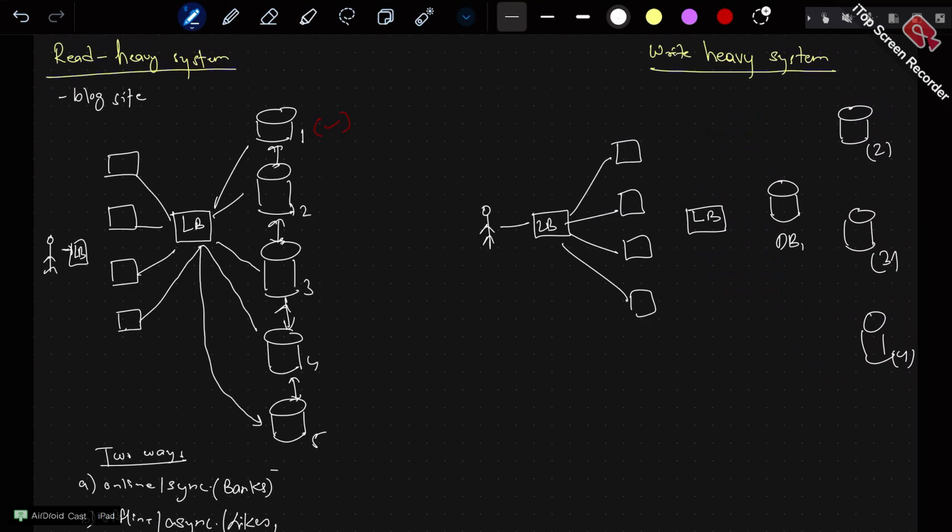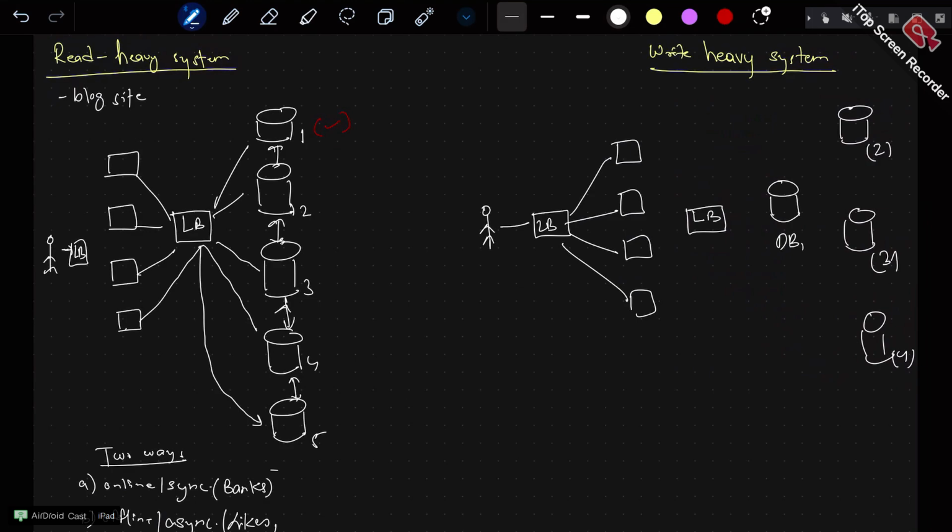If database 1 has the data, the request should always be routed to database 1 only. You cannot route to any other database, otherwise it would be a wastage of time. So that's the difference between stateful and stateless. It's a waste of time for the request, and a bad user experience. But in case of the application server, no such thing comes in. You can route to any application server, and the reason we do this is that horizontal scaling and infinite scaling can easily happen if we make it stateless. Just remember these terms: database is always stateful.